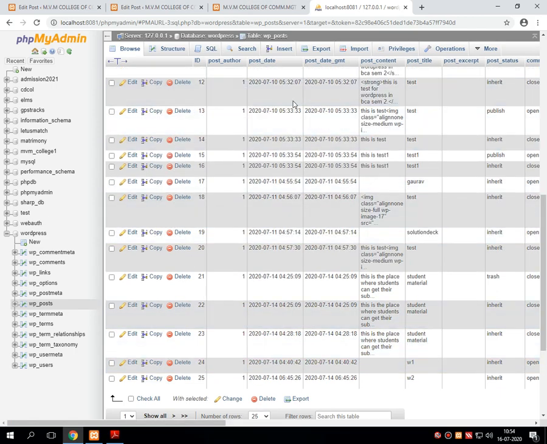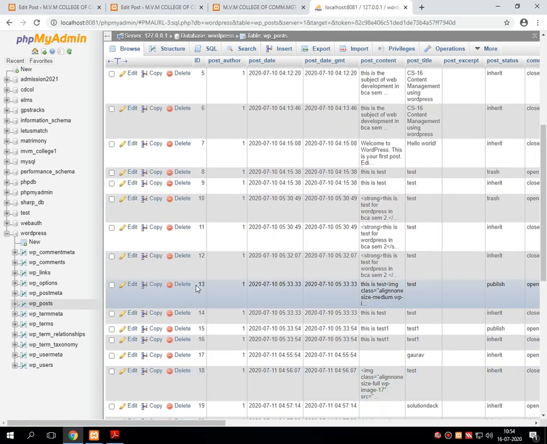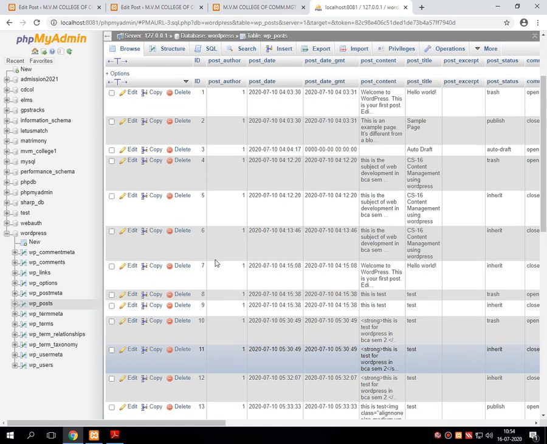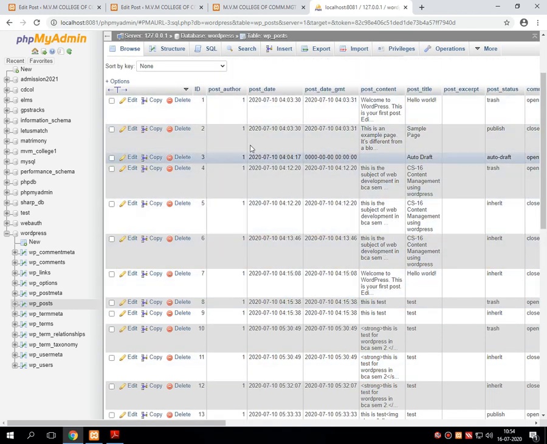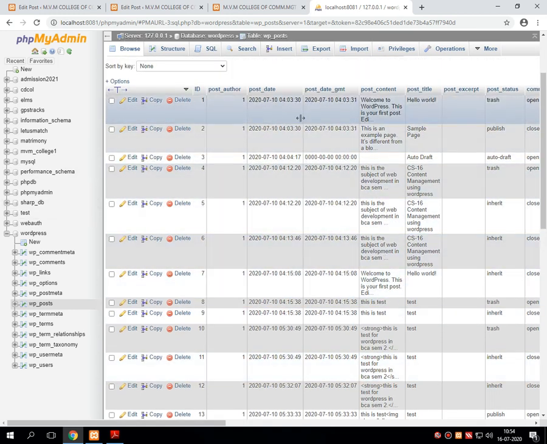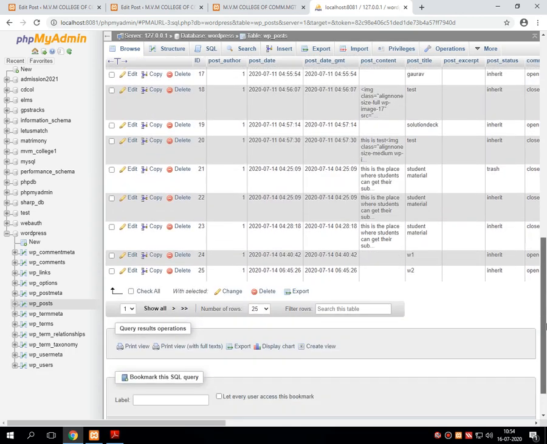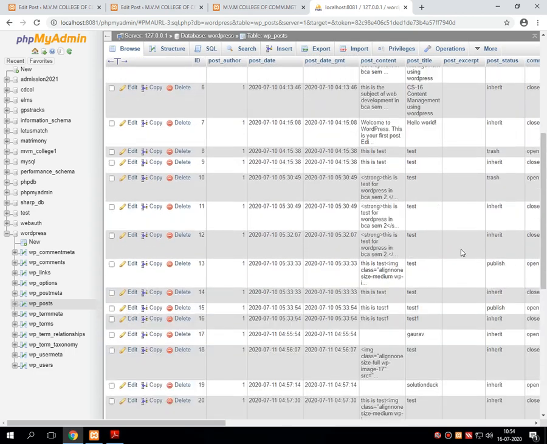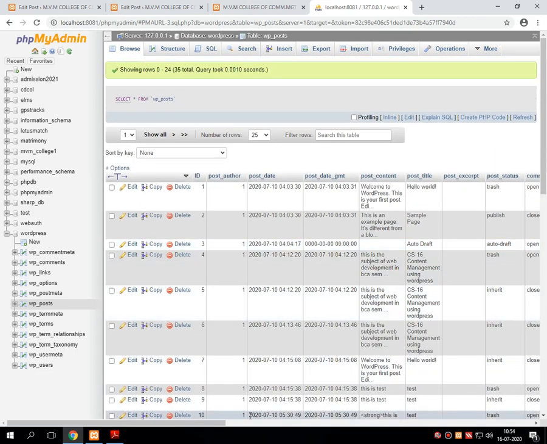But in the database, all the changes you have made to a particular post are stored in detail. For example, starting with the date 10th of 7th 2020, Hello World and Sample Page, I have published or deleted. Over here we can see the status.